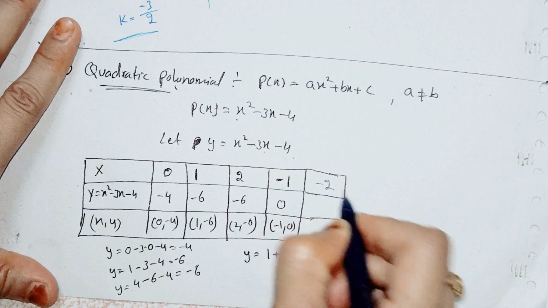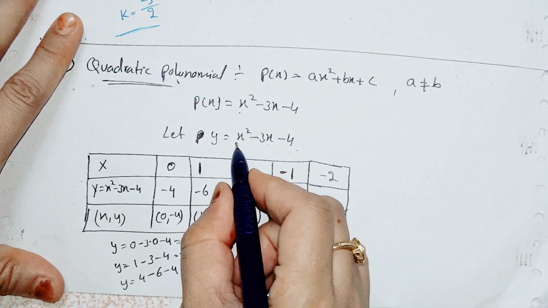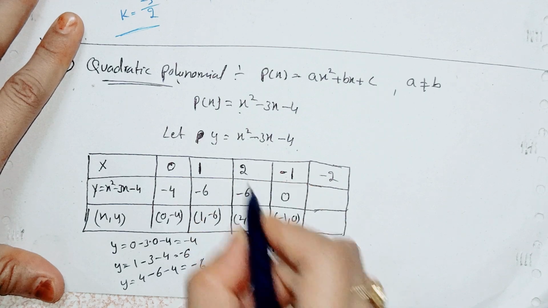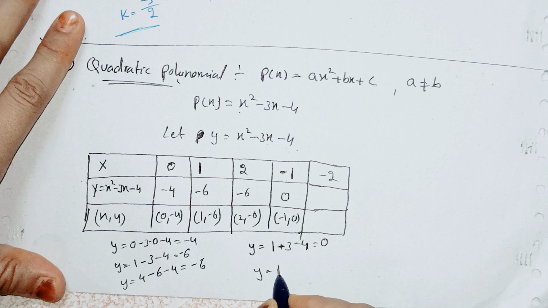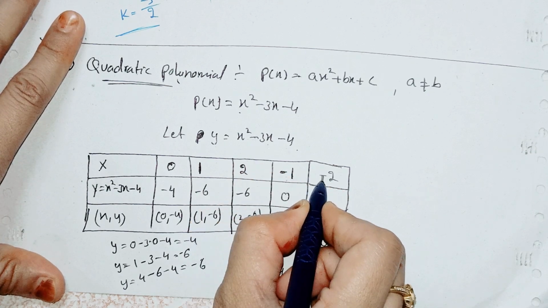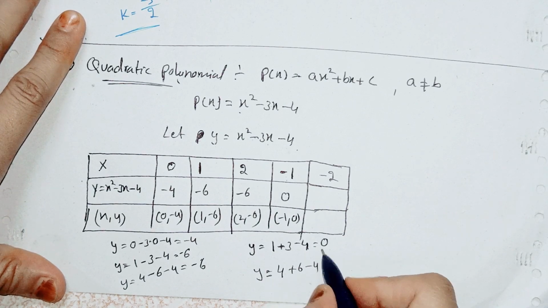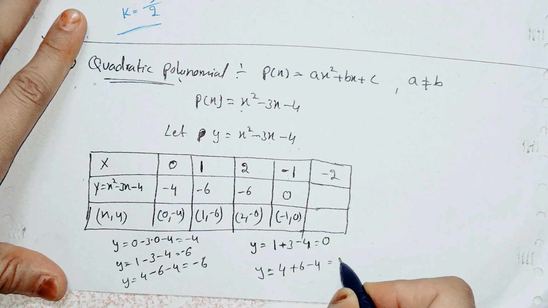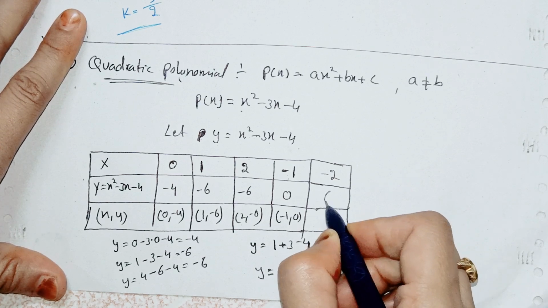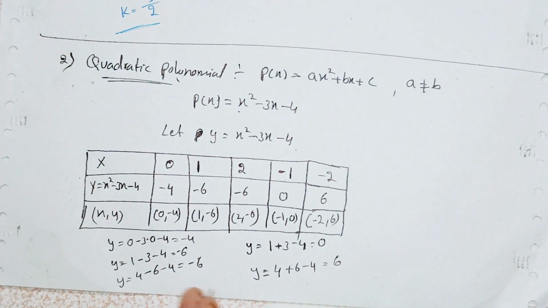If I take minus 2, then what happened? So if I take minus 2, the y value will be minus 2 square means 4. Minus of minus 2 square means 2 2's 4, positive will come, then minus of minus plus 3 to 6, plus 6, then minus 4. Okay, so here 10 minus 6, 10 minus 4 is 6. I am getting positive value here. Okay, so the coordinates are minus 2 comma 6. Okay, these are the points.